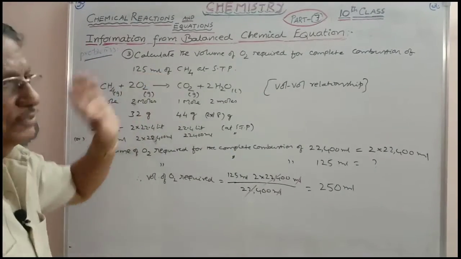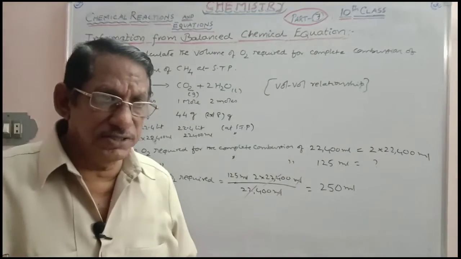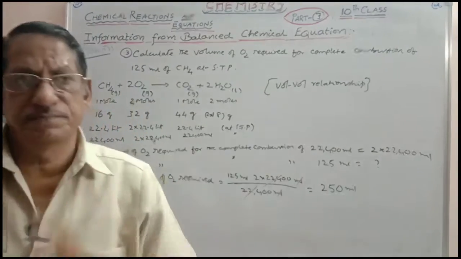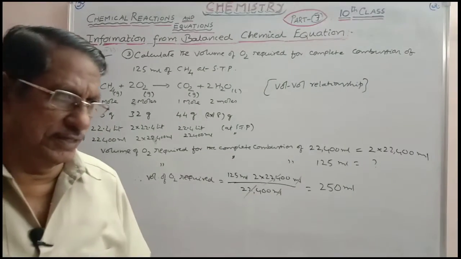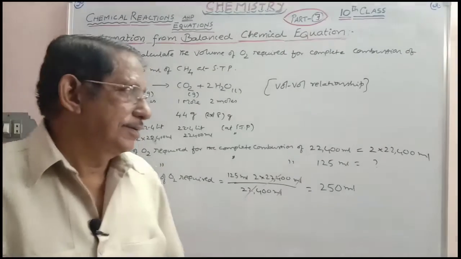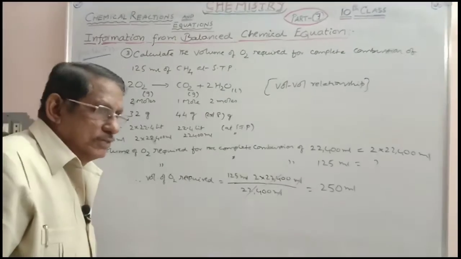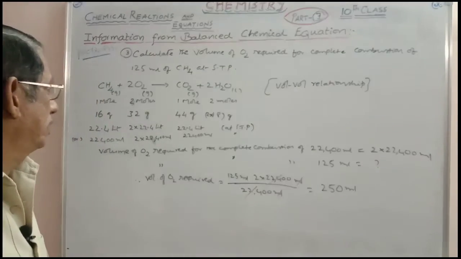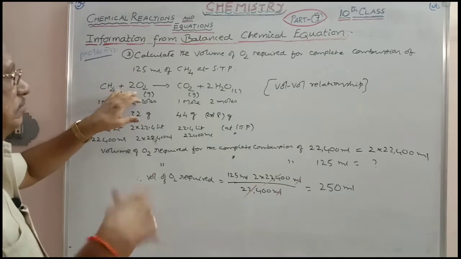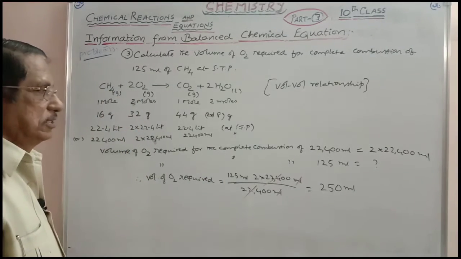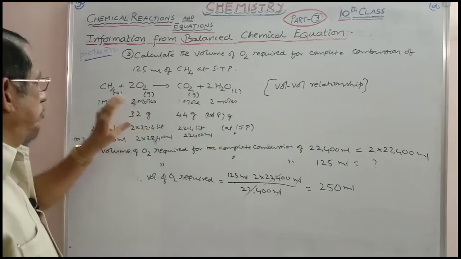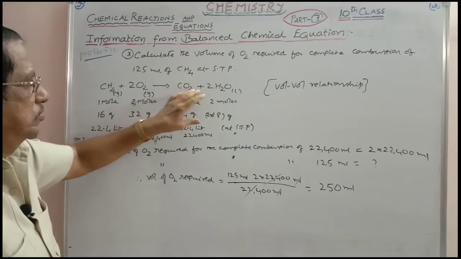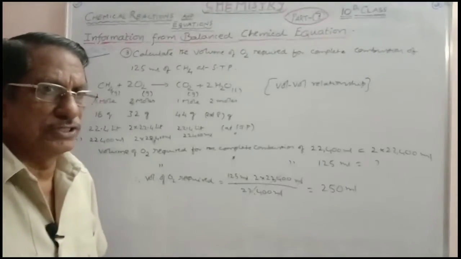So methane is a hydrocarbon. Any hydrocarbon upon combustion gives only carbon dioxide and water. Carbon dioxide, of course, is a gas; water is vapor if it is above 100, or less than 100 it will be in the liquid state. That doesn't create any problem while doing the calculations. So methane, hydrocarbon, combustion means heating it in air. When methane is subjected to combustion, it is converted to CO2 and H2O. CH4 plus 2O2 will give you CO2 plus 2H2O. This is the complete balanced equation.